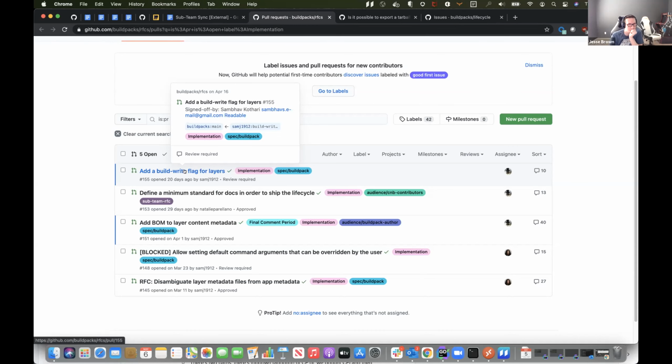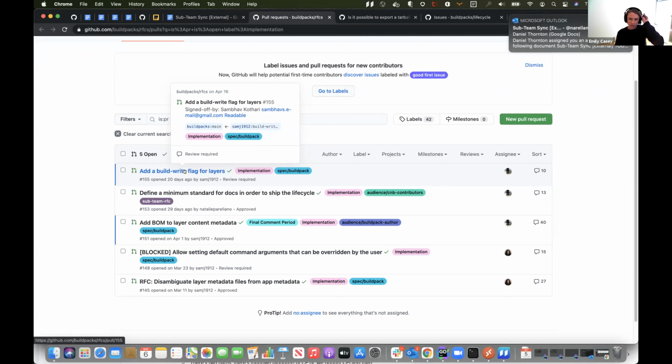Agreed. I feel like if we treat it like Ben wanted to treat it, like a bug fix, basically, and just change the behavior so that we implement the spec, which says you can't write to these things, and ship it, but practically, I think that would cause problems that we probably don't want. And also, the way the spec is written right now, it'd be impossible to just start enforcing it. You'd need to do something like what's laid out here, where you tar up the layers during the build phase and then pass them to the exporter.